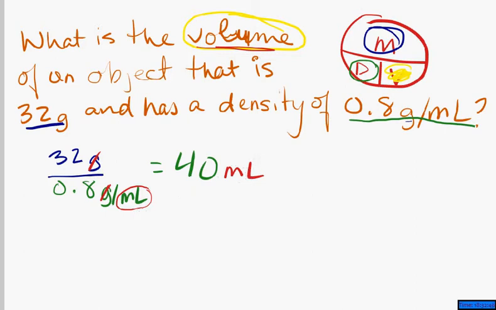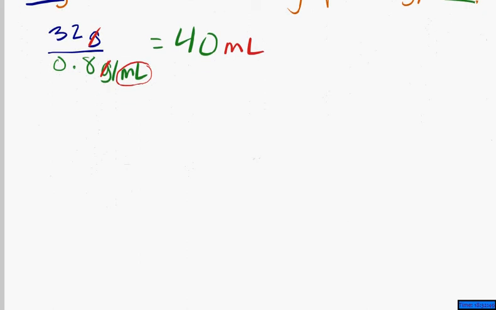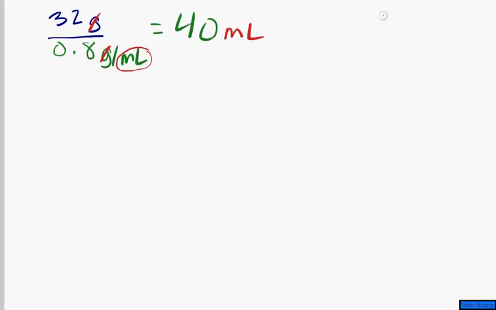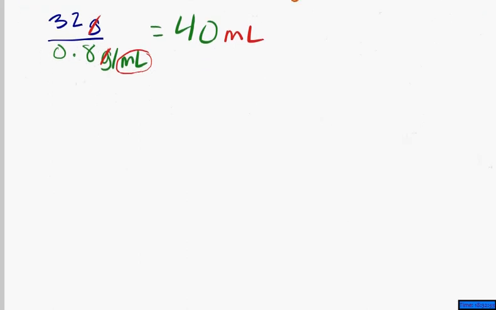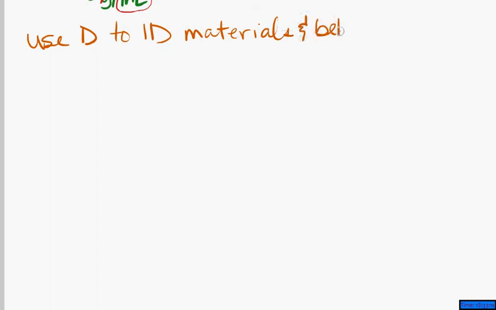All right, so what do we use density for? That's our next question. What do we use it for? We use density to identify materials and their behaviors. For example,